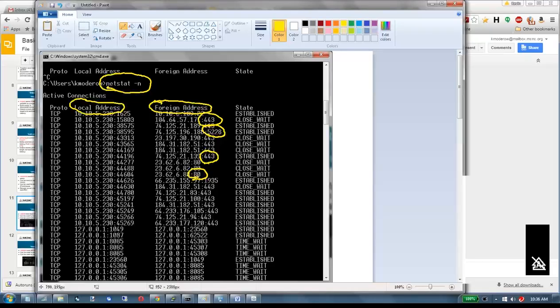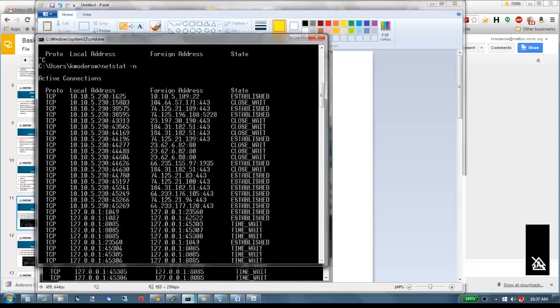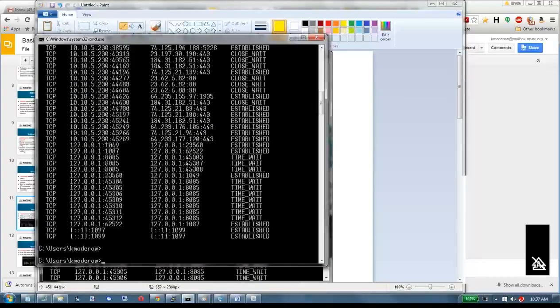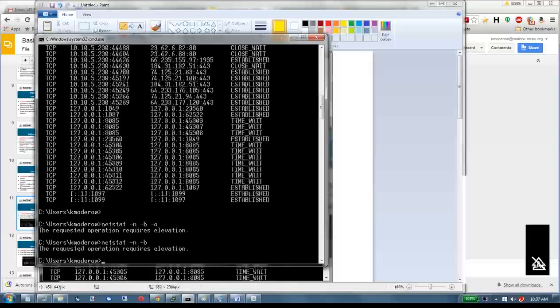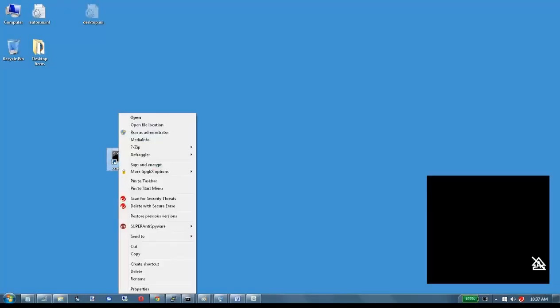So there are some other neat things that netstat does. I'm just going to mention them real quickly. As I said, you can tell netstat to not resolve names. You can also tell it to report back the process ID and the ownership of the software or the application that's causing that connection. So notice here, when I tried to do that, it said you require elevation privileges. So I'm going to go back and run as an administrator